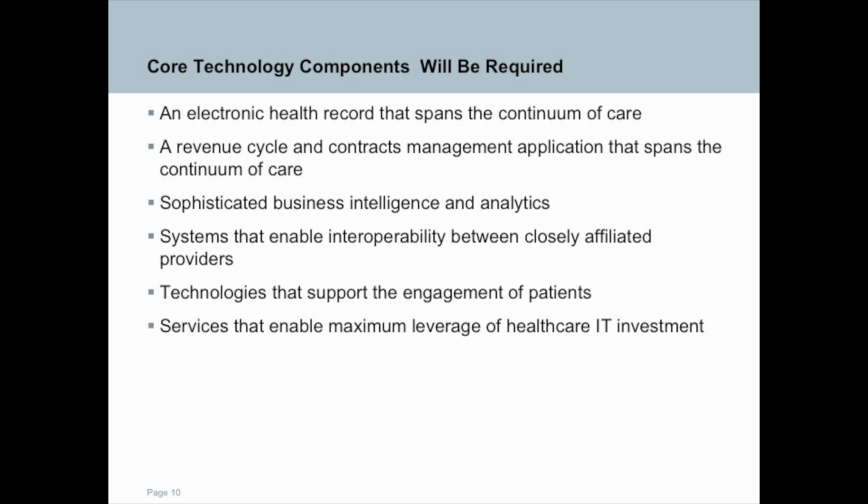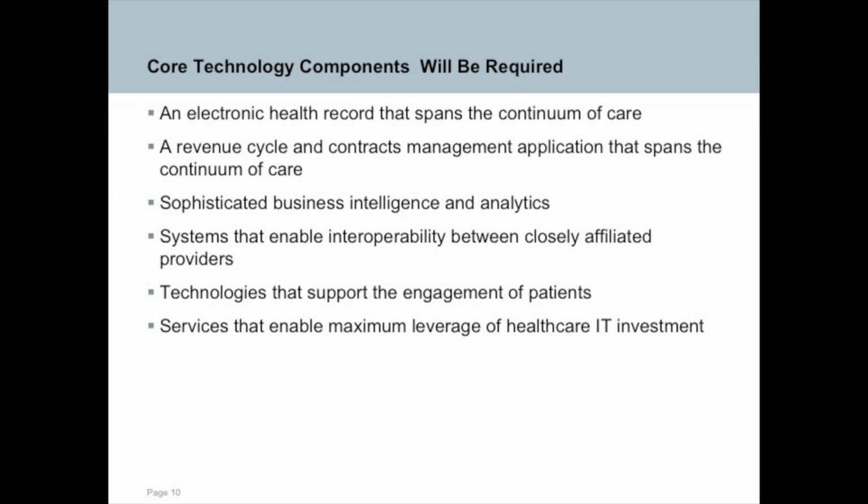And obviously an electronic health record that spans some continuum, so it's easy to share the data, have workflows and rules engines that traverse various venues of care, the user experience is consistent. So that is a dominant EHR, and you could cite Epic as being the organization that probably established that model more so than any other, Meditech also in this industry. The other is the revenue cycle, and so the ability to schedule across the board, share the demographics, the insurance information, and as we get into bundles where you submit one claim that reflects the aggregation of charges across outpatient, inpatient, and rehab, you need to group things across the revenue and submit one claim that is a charge grouper, so to speak.